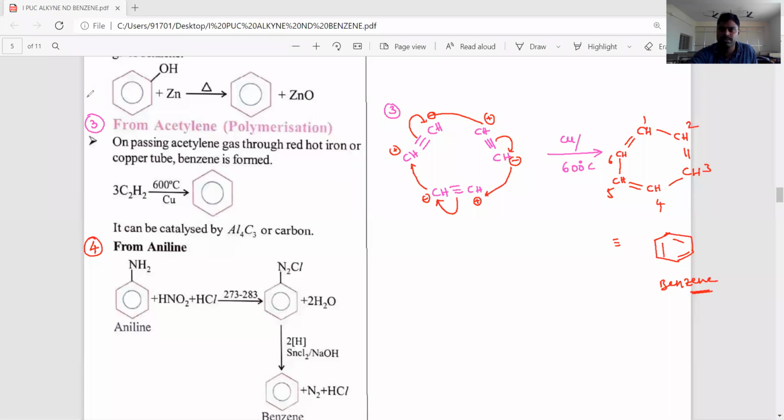Aniline. From aniline, how to prepare benzene? Let's see. If you observe the aniline molecule, it is treated with HNO2, nitrous acid, and HCl. That is called the diazotization process. Then we'll get